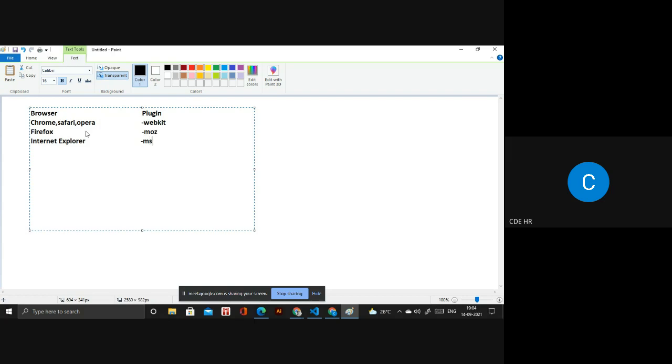You have to remember these things, because if you're designing a website for browser compatibility and a particular property you are using is not working in some browser, then you have to use these prefixes in the working file. If you're designing for the Chrome browser only, it's not an issue. You choose the coding according to that. But if you're designing a website, it should work in every browser. So you have to use these things.